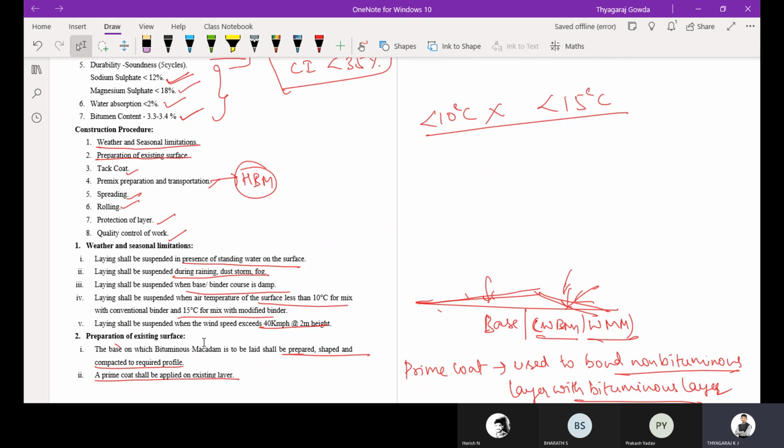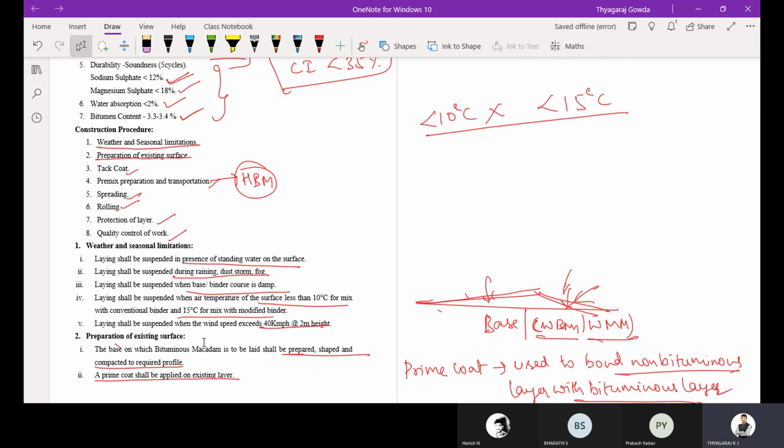Laying shall be suspended when base or binder course is damp. Whenever a small moisture content is present in the base or binder layer, you are going to stop the construction. When the surface temperature is less than 10 degrees, and less than 15 degrees, you are going to stop laying.